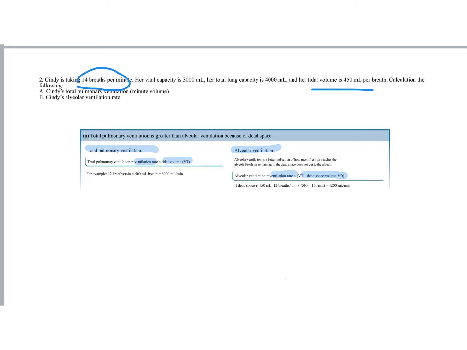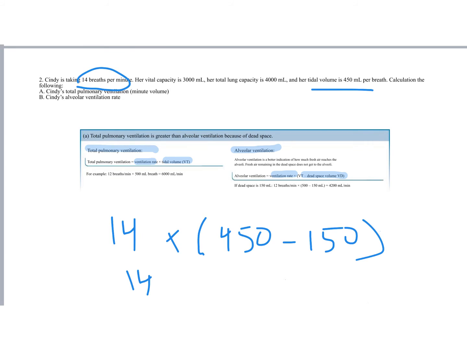So to figure out her alveolar ventilation rate, you take the 14 breaths per minute and multiply it by the tidal volume, which is 450 milliliters, minus 150 milliliters of the anatomical dead space. So that's going to tell you take 14 and multiply it by 300 milliliters, and that gives you an answer of